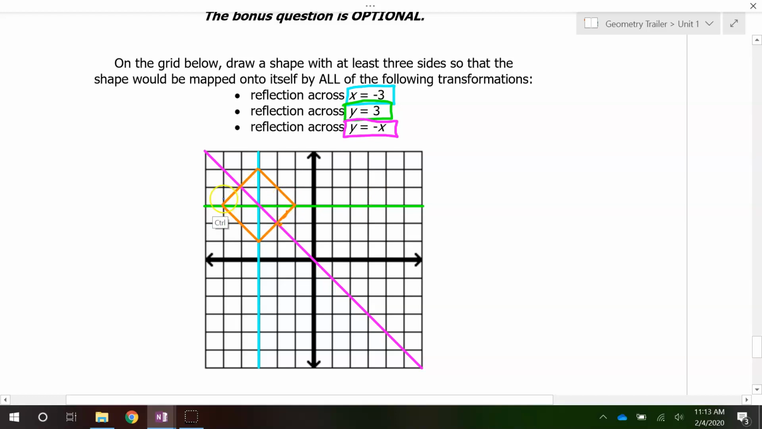Now, how about the green line? Does the green line work? All right, look at this. All right, on that side of the green line, and then look at this. All right, so all three of these lines are lines of symmetry. So reflections across any of these lines will map the figure back onto itself. So this is one answer. This is certainly not the only answer. There are other ways to answer this question, but this is one way that would